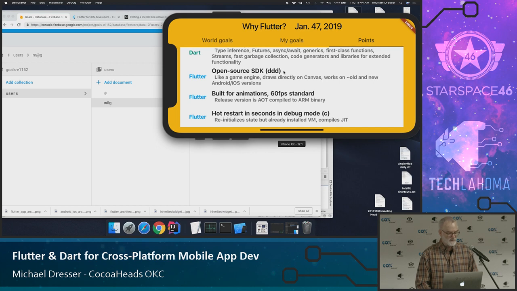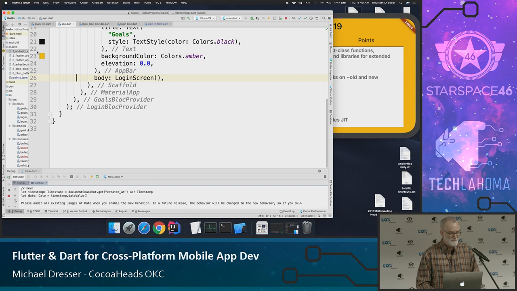It's like a game engine, really. That is to say, it's different, and I'll show some diagrams here in a second. But it's not like React Native, for example. That is, it has its own engine for drawing on the screen, or drawing on the canvas. And that means that it works equally well on fairly old versions of Android or of iOS as it does on the newest versions. Now, obviously, it benefits from better hardware, typically for the newer versions, but it's fairly remarkable how far back you can go.